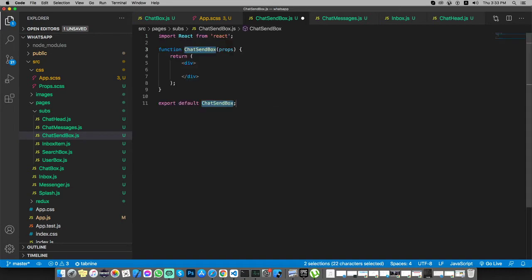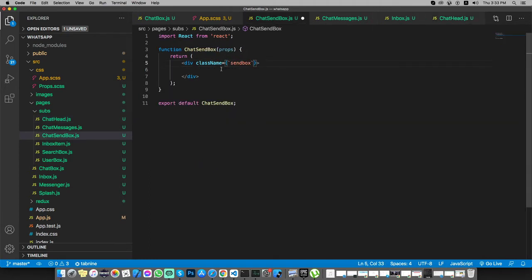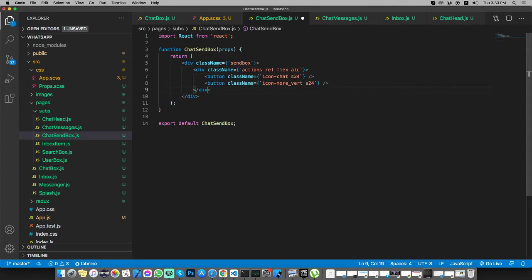RSF chat sandbox, last name sandbox, and inside this sandbox we need to use this actions thing from chat head, save, and we need to remove this